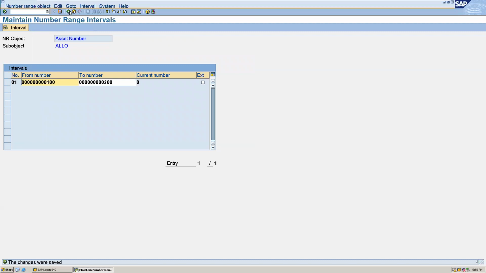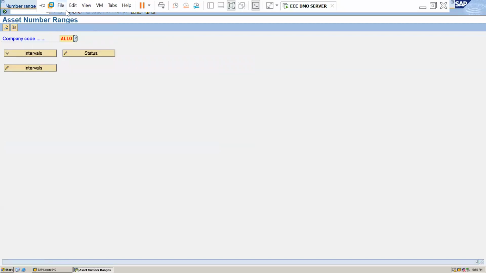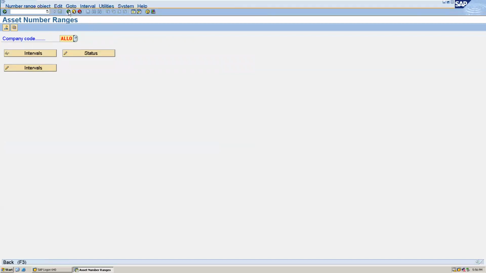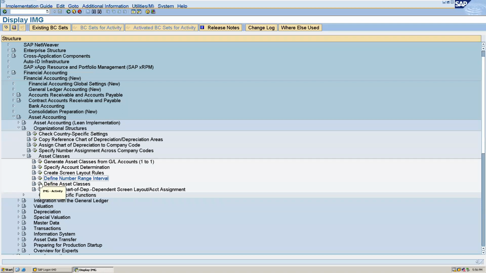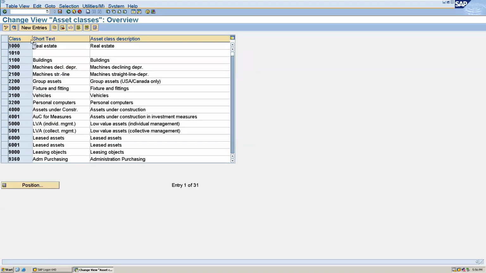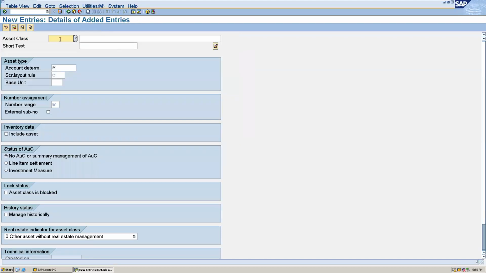Now we will define the asset class. New entry. I'm going to create my asset class as ALL, asset class for equipment.